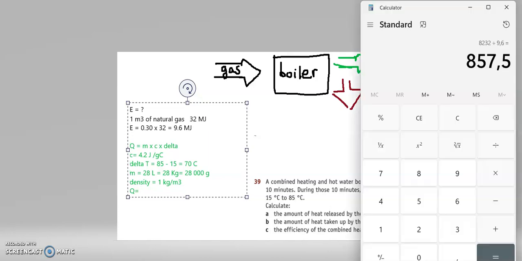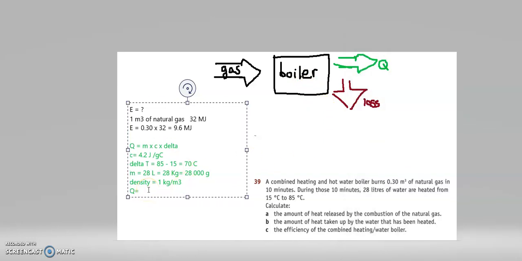Q. So Q is 28,000 times the temperature difference times the specific heat capacity. I can write it as a power of 10. So this is 8.2 times 10 to the power of 6, which is 8.2 megajoules. And then